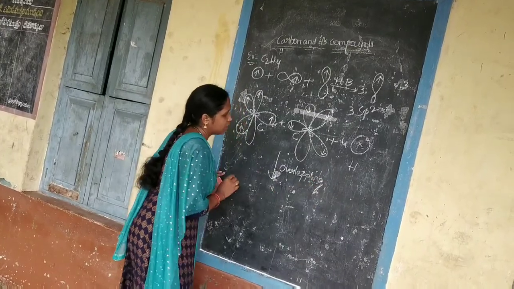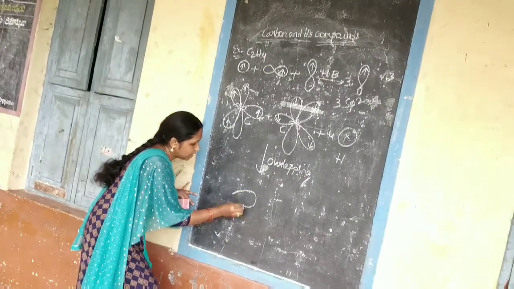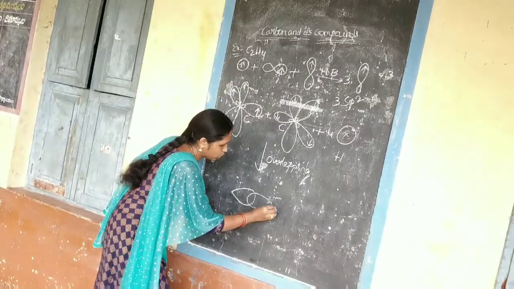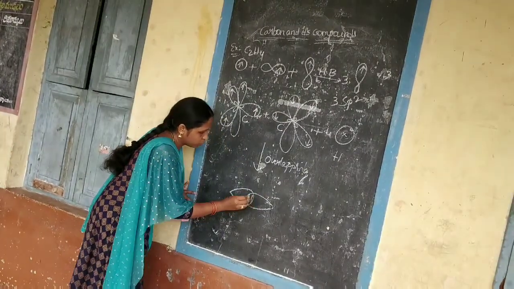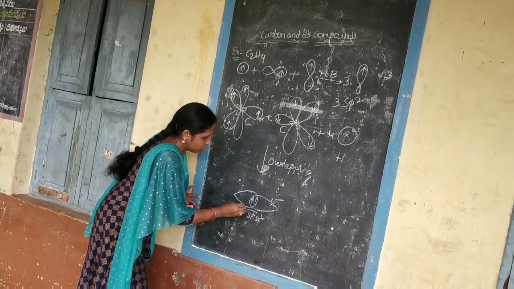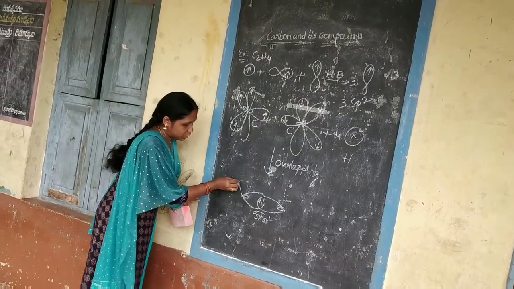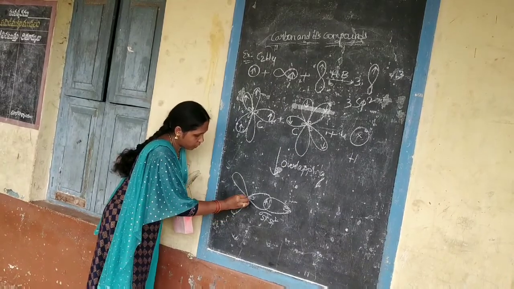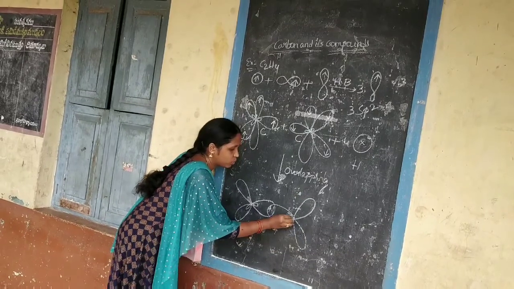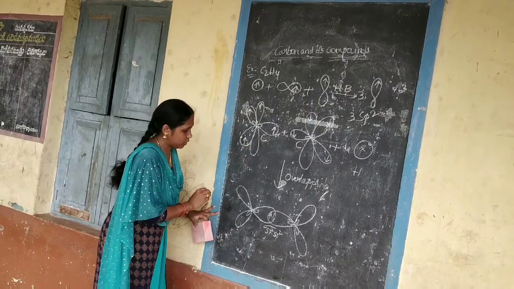Students, clearly observe how I write. You also write the same way. Take the hybrid orbitals of one carbon and the hybrid orbital of the other carbon, overlap both and write down sigma sp2-sp2. These are shorter lobes also. And next take the other 2 hybrid orbitals of carbon. Here 2 and here also 2 hybrid orbitals. And here we have four hydrogen atoms.